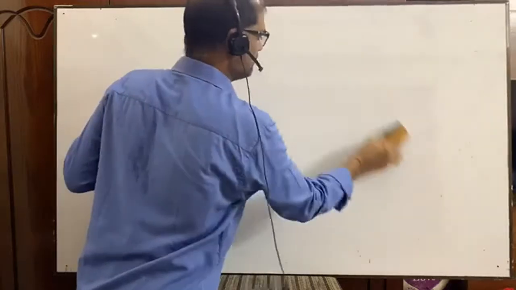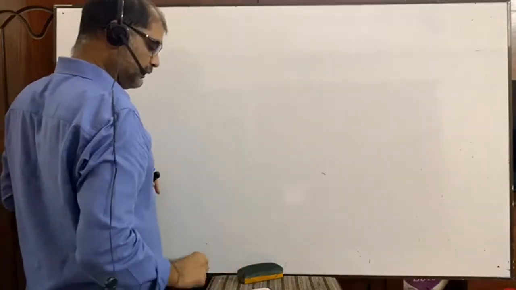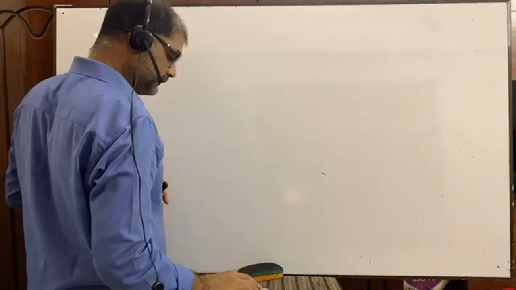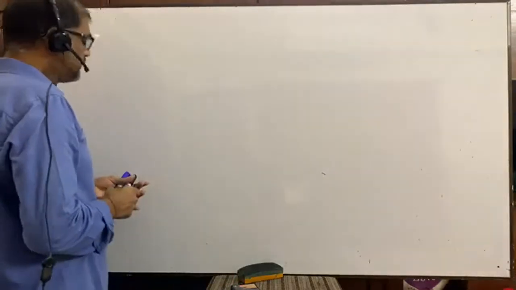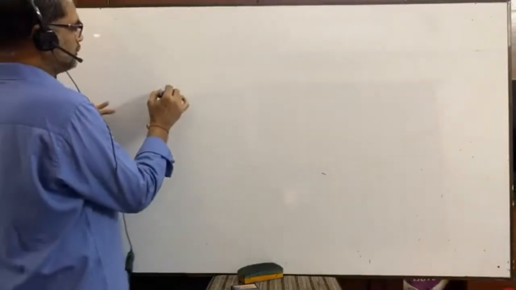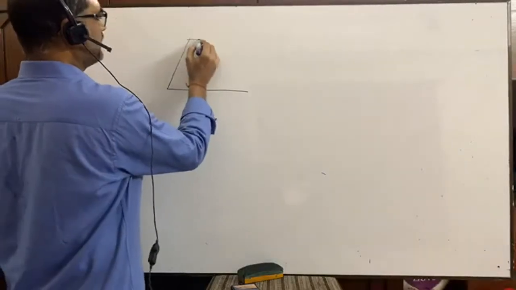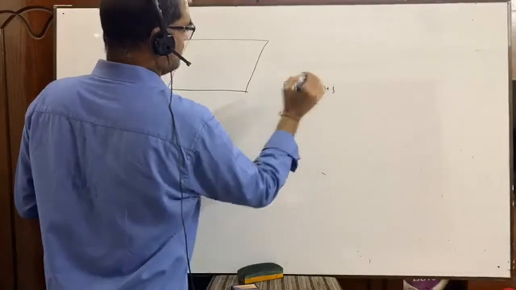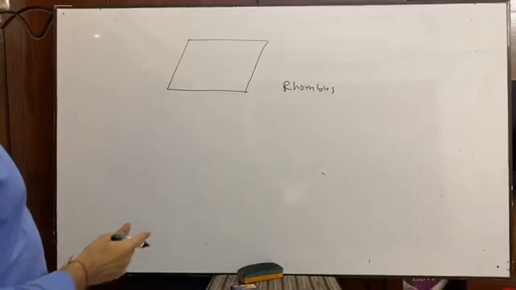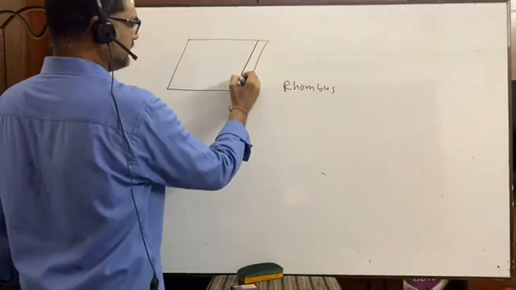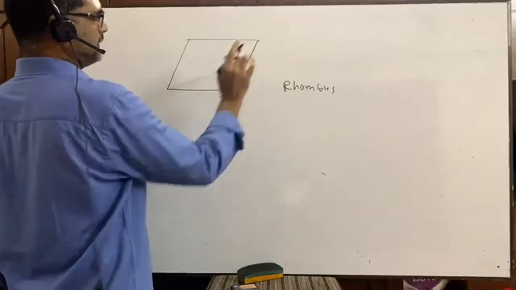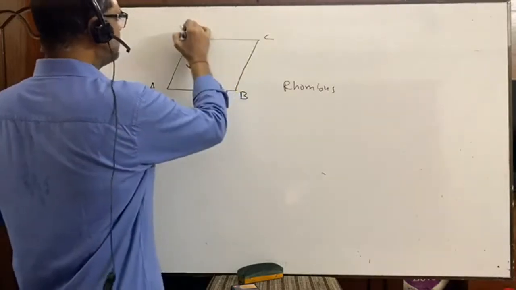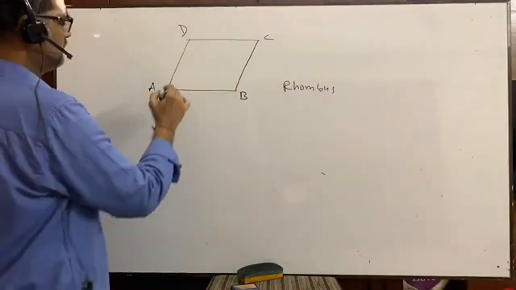This Pythagoras theorem again is used here. You see please, suppose it is a rhombus. Now all the sides are equal, it will be like a little bit this. You name it A, B, C, D. ABCD is a rhombus here, right? Now these are the diagonals.